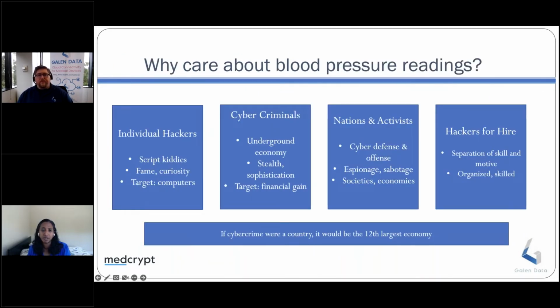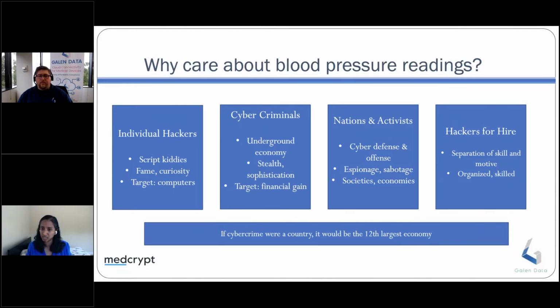So we hop straight into the stats around this, and the numbers themselves independently are pretty extraordinary. But you might be asking yourself, so what if somebody gets my blood pressure reading? What are they going to do with this data? Why does it matter? And I think the reality is, if we did just a brief threat model of the healthcare ecosystem,